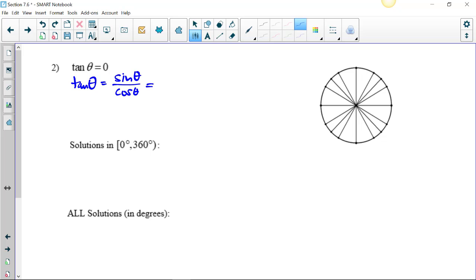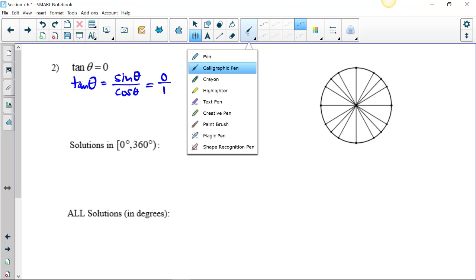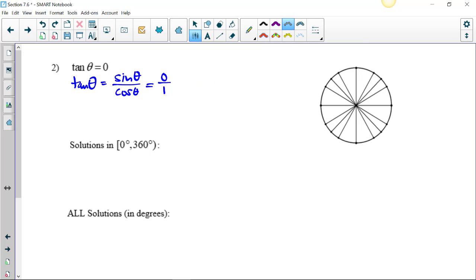So if I end up with 0, 0 is 0 over 1, okay, if we're thinking unit circle. So that means I'm looking for an angle on the unit circle whose sine is 0 and cosine is 1,